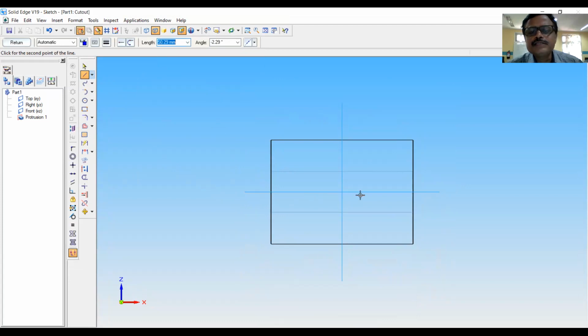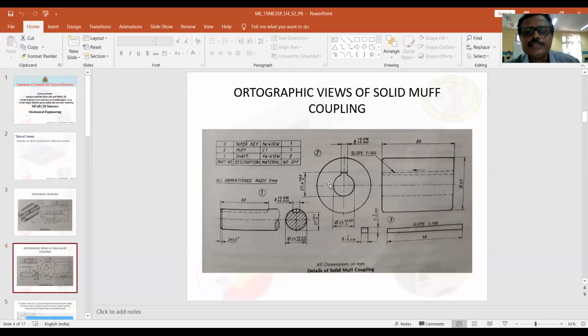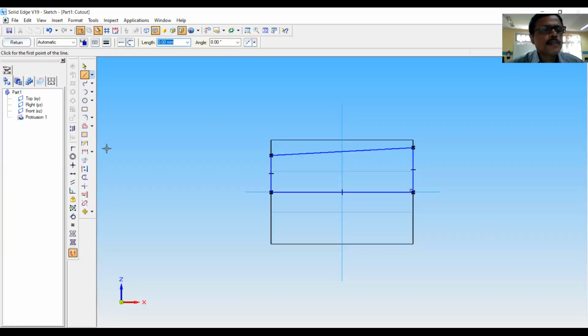The cutout profile is like this. Now we have to enter the dimensions or we have to enter the equation. This we will enter now. This distance we have to enter. So just see what we will do.